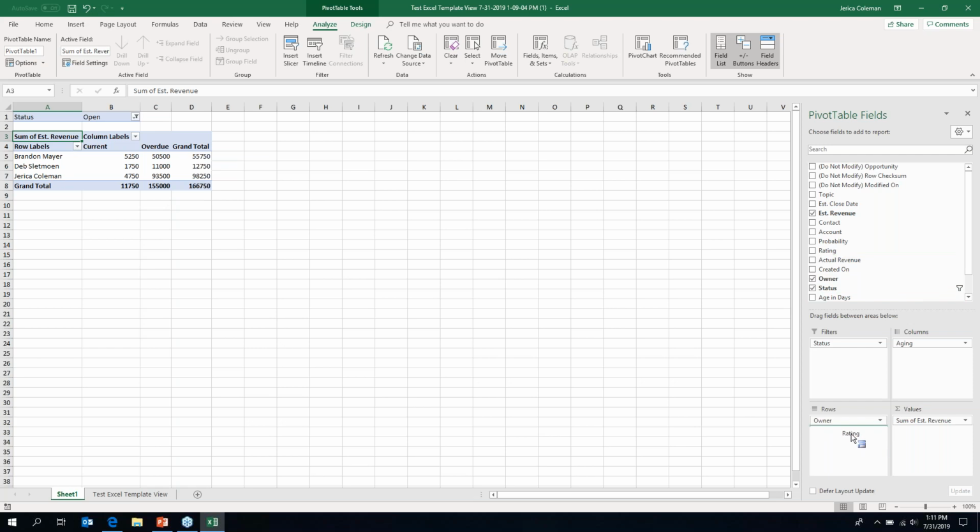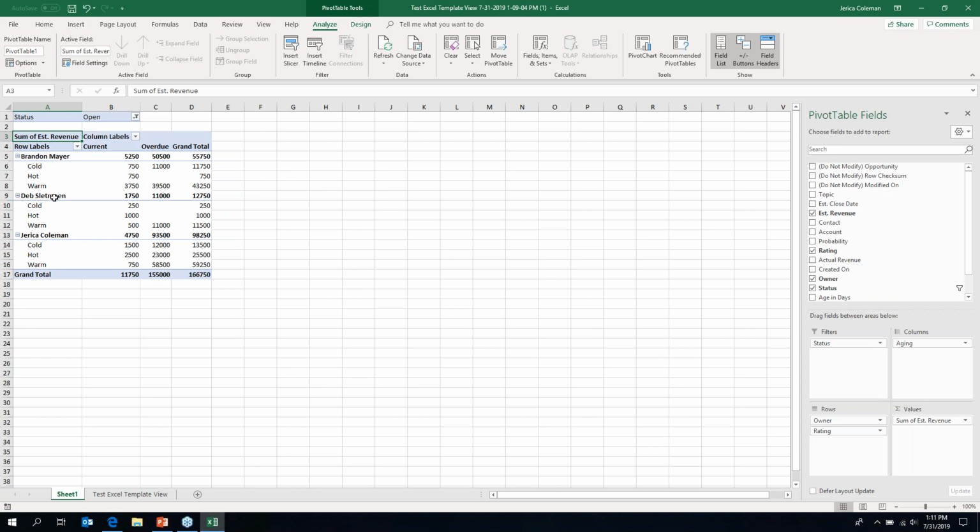You know, just like any other pivot table, you could add more. Maybe we want to even go further, look at the rating of their open opportunities. The one thing with a pivot table that you want to do when you're putting it in an Excel template